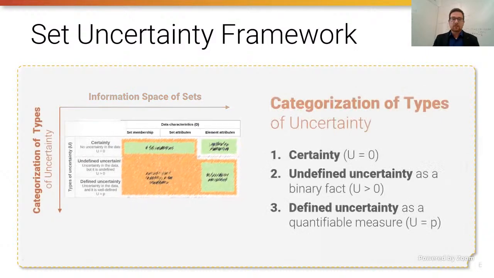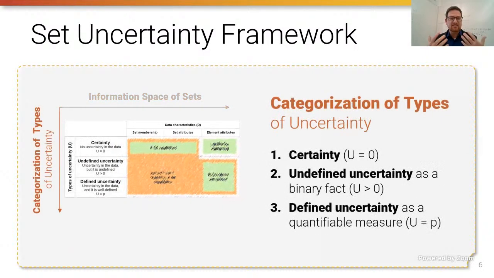So what we added on top is this understanding of the types of uncertainty that can be seen in the outside world. So for example, we all know that Venn diagrams work well with certain data, but then there might also be the fact that you have undefined uncertainty or unquantifiable uncertainty, where you know that the uncertainty is there in the data, but you cannot actually measure it. Or you have the other extreme, where you know from the past that the uncertainty is quantifiable because you had a historical understanding of it.